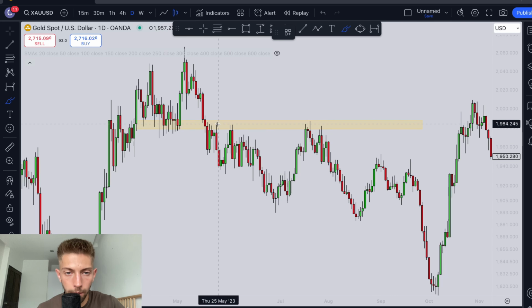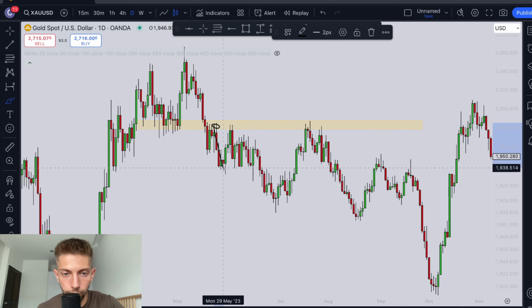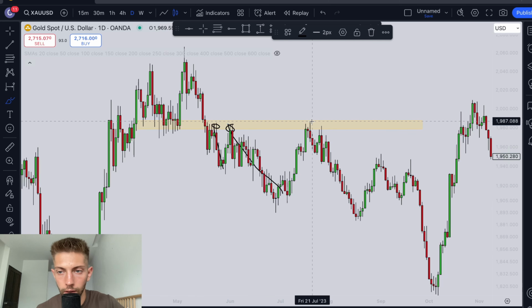Price taps this level, huge move down. Price taps this level again, huge move down. When price taps this level again, huge move down. Same thing when price, if I go down, if I